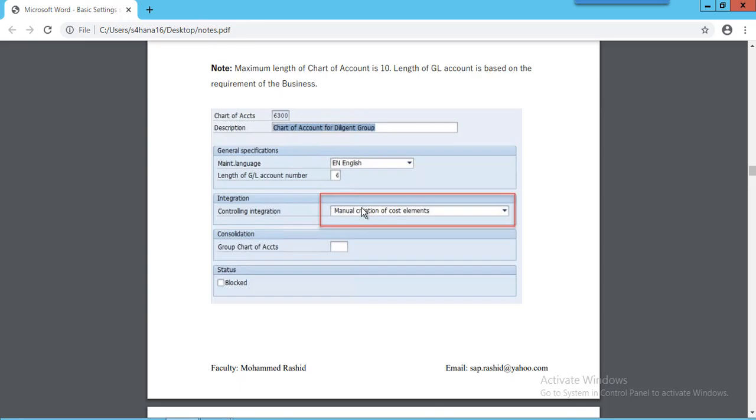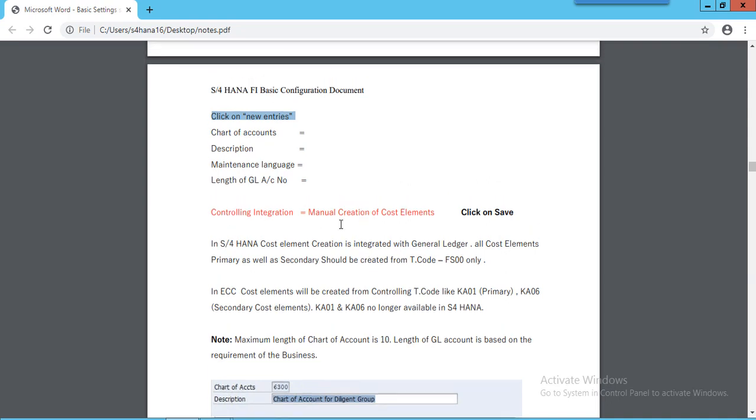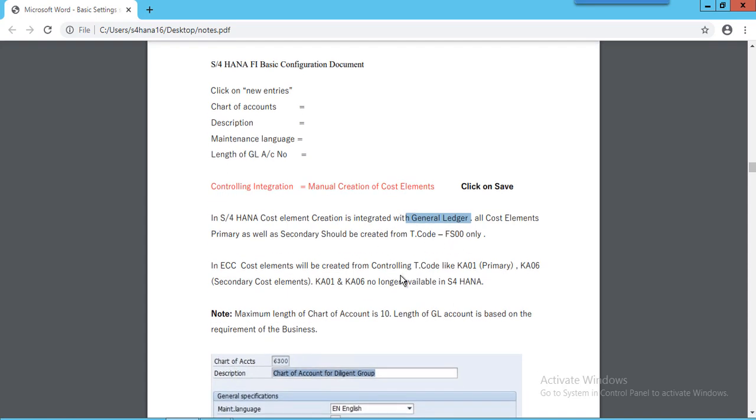Next step, here controlling area integration is removed. In S4HANA, cost element creation is integrated with general ledger. That we will understand practically. All cost elements, whether primary or secondary, should be created from FS00 only.